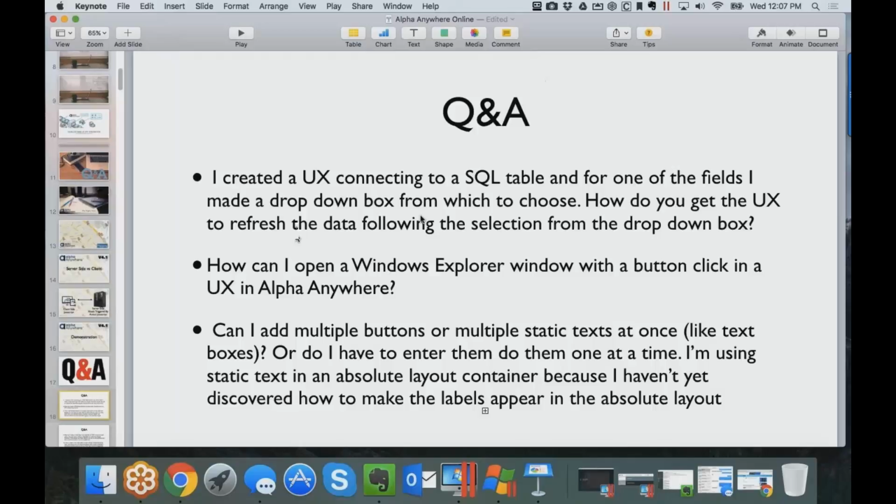Someone has built a UX connected to a SQL table. They have a form connected to the SQL table, and they want a drop-down box that then navigates them to a specific record instead of having to go through forward and next. So I'm going to go through a real quick demonstration, which only takes about 2 to 3 minutes to build, to show you how easy it is to build a UX form. For people who are new to Alpha, UX is our form component that is connected to a database table that allows you to navigate both forward and next, but also add a drop-down that allows you to navigate directly to an individual item. Then I'll come back with the other Q&A items.